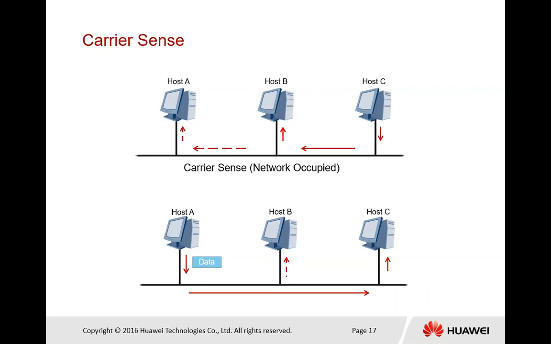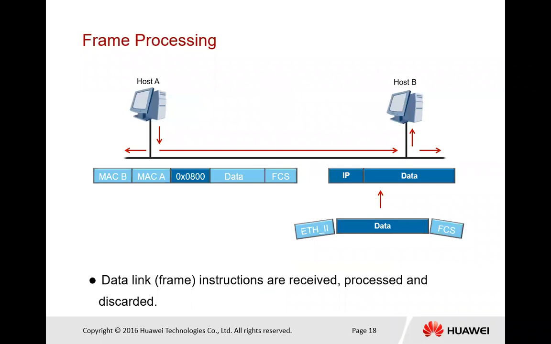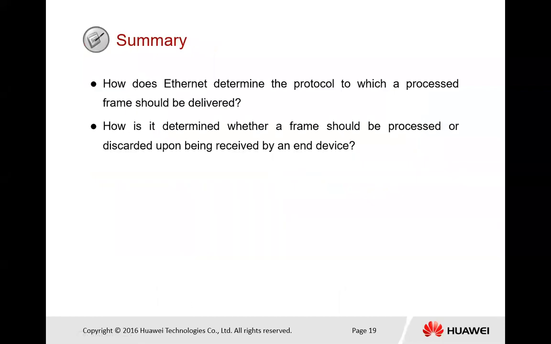Okay, so next we have the frame processing. If we are going to send a frame to any PC, it will go with the source MAC address and the destination MAC address. Here you can see MAC address B, that is our system's destination MAC address, and MAC address A tells the address of host A. Then data, and FCS, that is the frame checksum. After that, we have summarized questions for this particular topic.